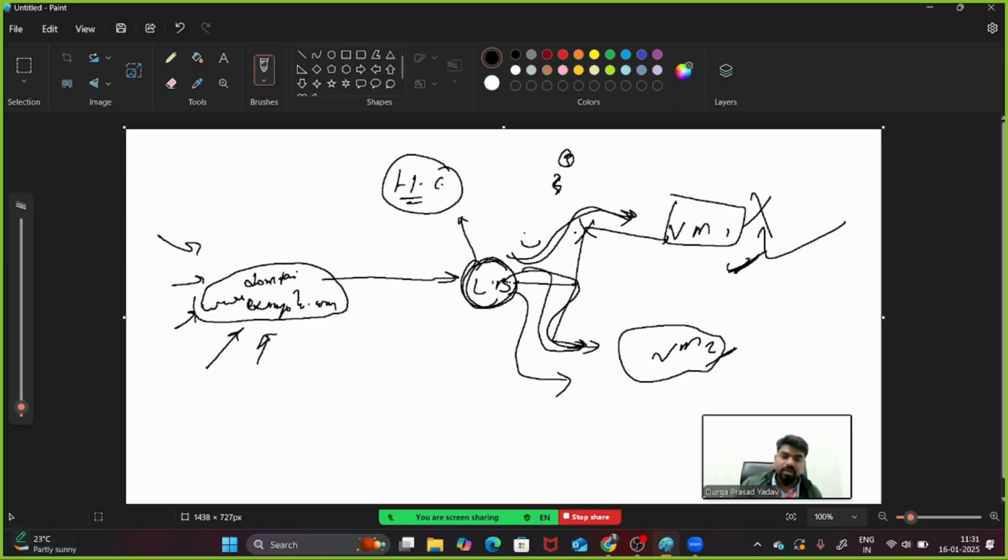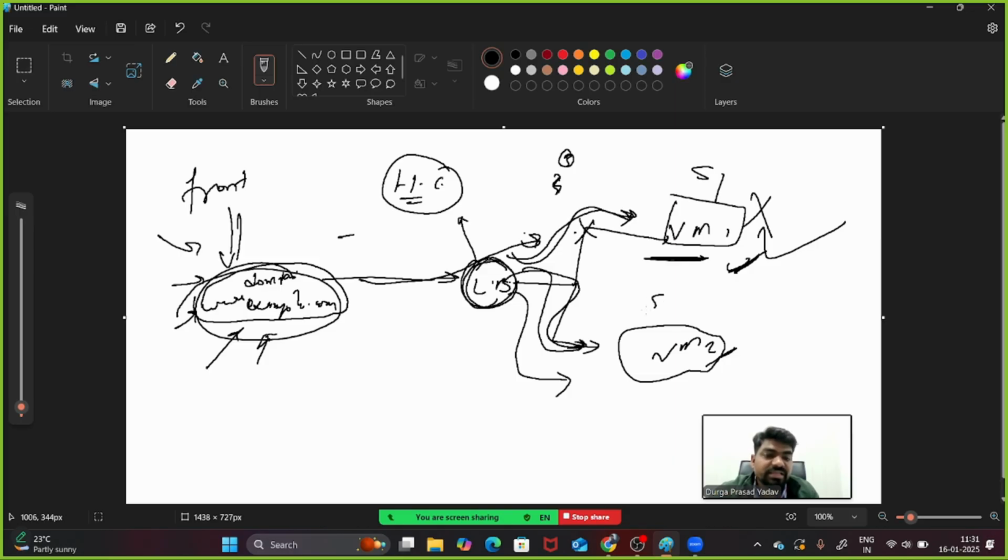So what exactly is the load balancer doing? The load balancer is balancing your traffic. It means that on the front side you are able to see this domain, but in the back end you are not able to know whether it is responding from server 1 or server 2. But you are getting the response. In the backend there will be multiple servers.